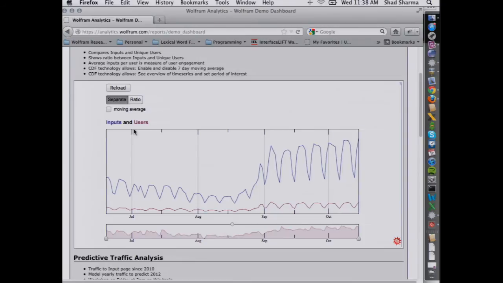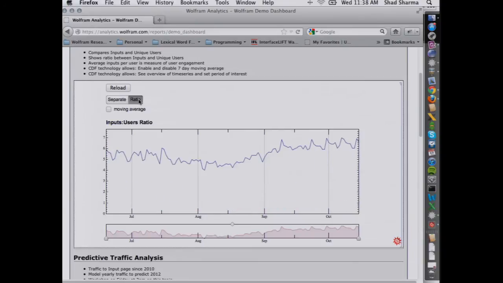So now we're looking at a CDF version of the same chart. And so here we can do things like compute the ratio between the number of inputs and the unique users. And what this shows us is effectively user engagement, because it allows us to see how many queries a user does when they visit Wolfram Alpha on average. And we can even add functionality to do moving averages so that we can smoothen out weekly periodicity.